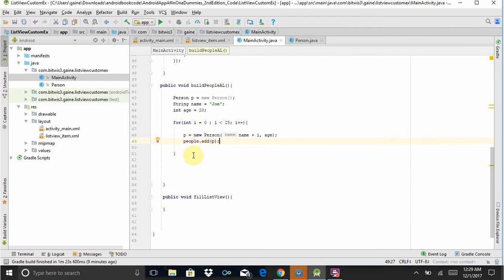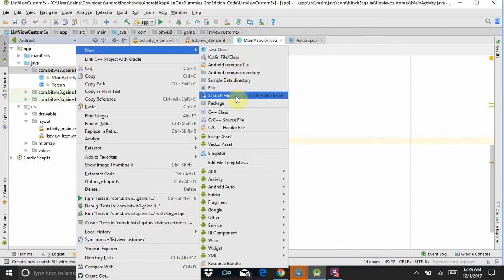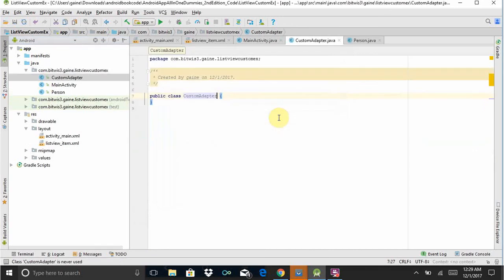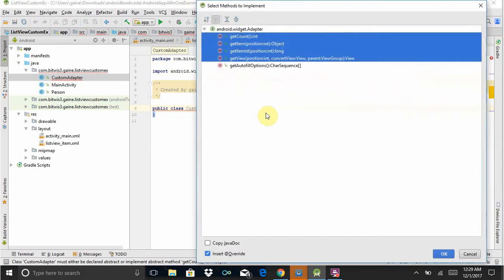Okay, and once we have done that, we're going to need to fill this list view. Okay, so in order to fill the list view with custom objects, right here we have an array list of custom objects, which is in this case a person. We are going to have to make our own adapter for that list view. So we'll right click our package, new, Java class, custom adapter will be the name of it. We will extend base adapter. When you do that, hold Alt and hit enter, implement the methods,